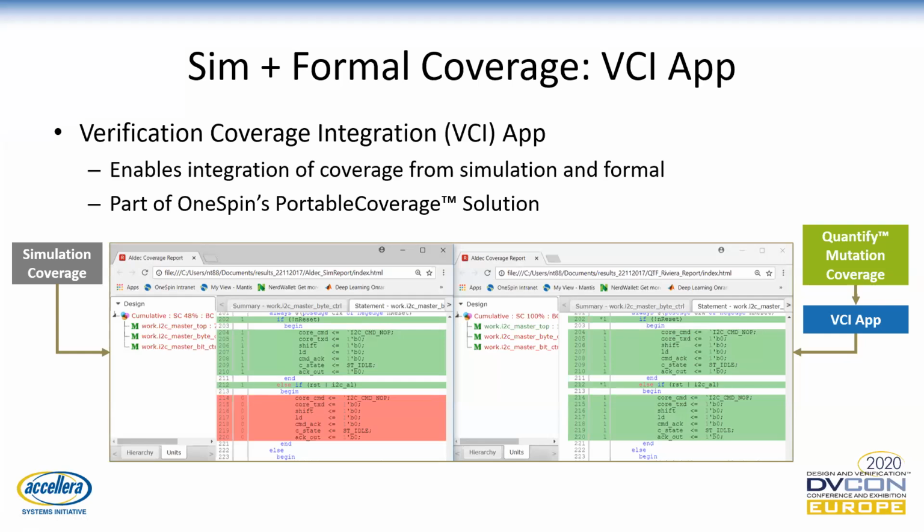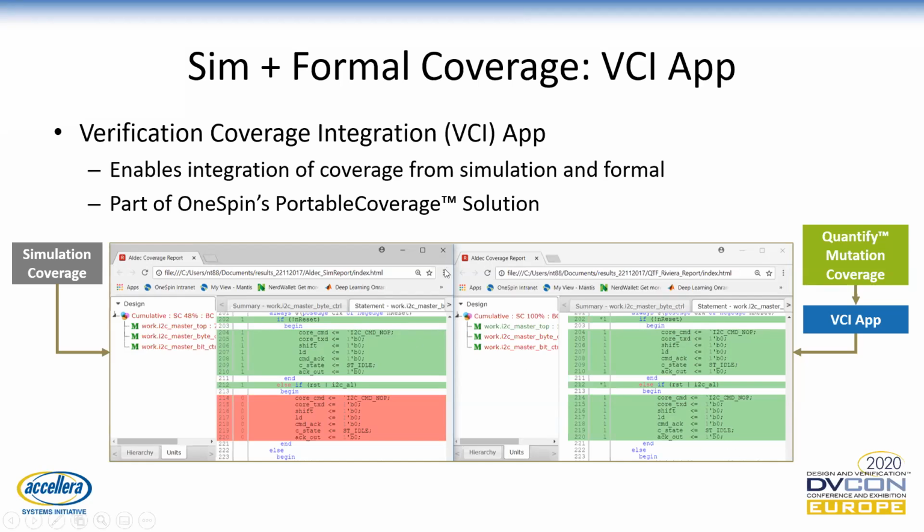Because Quantify's mutation-based analysis is much stronger, it might overwrite the hit simulation coverage. So just to be safe, we encourage you to do side-by-side analysis, because these are two sources of